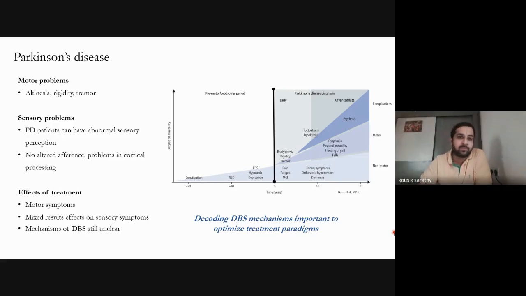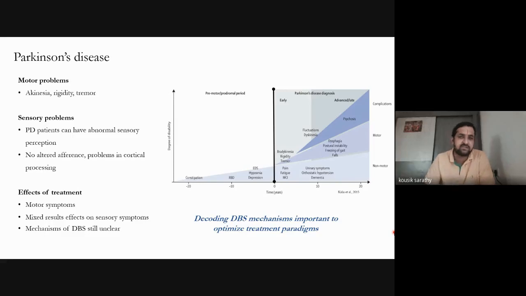And beyond a point, patients start having so-called off periods. Now, what are these off periods? Off periods are phases of the day when the medication just suddenly stops working. So they just stop working for no reason. And this becomes very problematic for the patient because they cannot have any prediction of when this off period would occur. It leads to a very drastic decrease in quality of life. It also leads to a lot of psychological issues. So these patients are then prescribed to go in for DBS surgery.